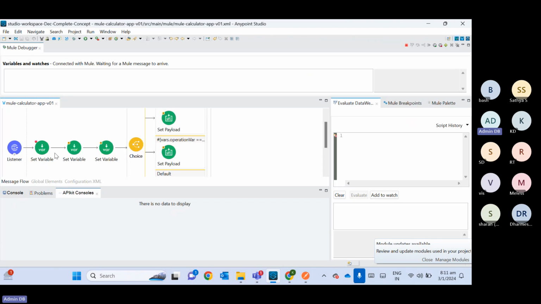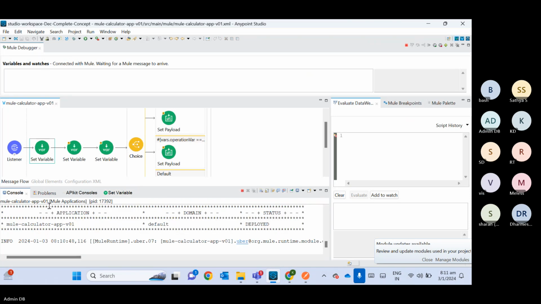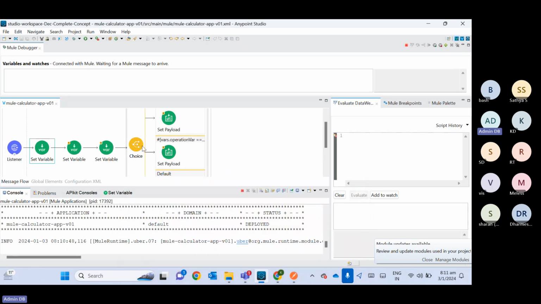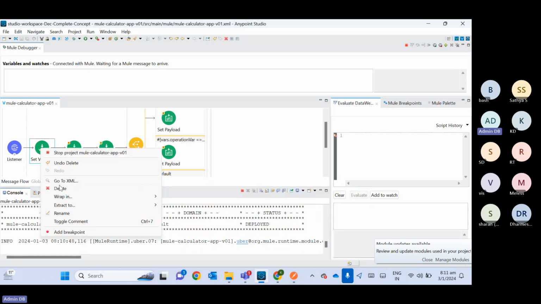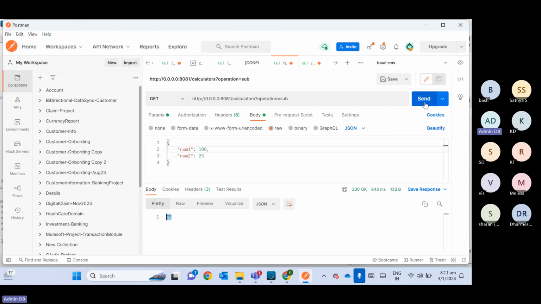Okay, let's say I am removing this breakpoint. Deployment is done. Now, if I call, I will get the result directly. But I want to debug it. I want to see what is happening. So you can add one breakpoint. Okay, now if I call this,